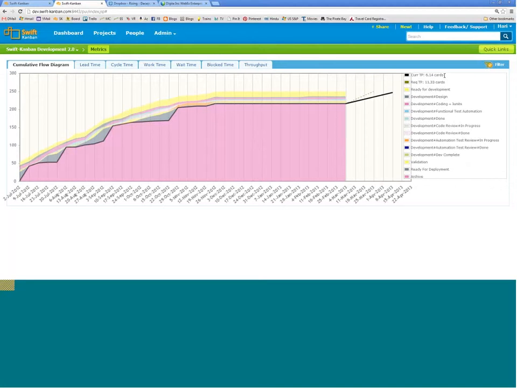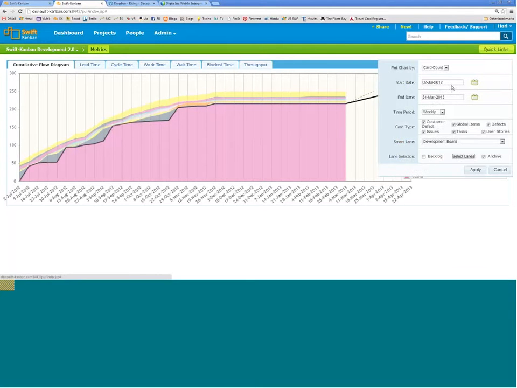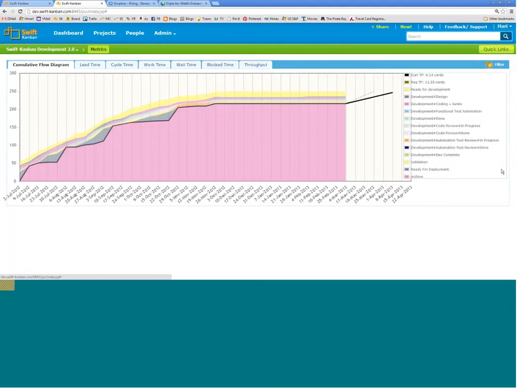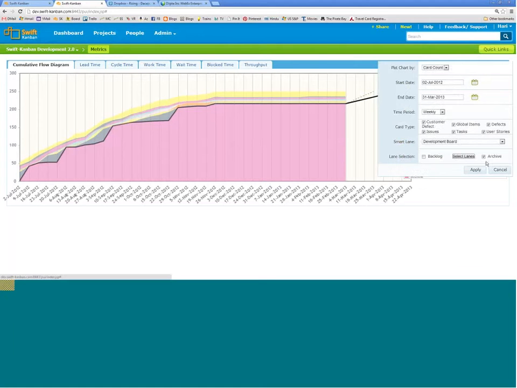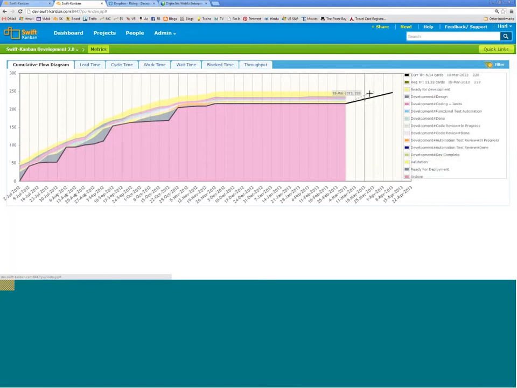It tells me that at the current rate, the work will get over during the week of 8th of April. However, if I need to finish the work by 31st of March, then my throughput needs to change from 6.14 cards to 11.33 cards.